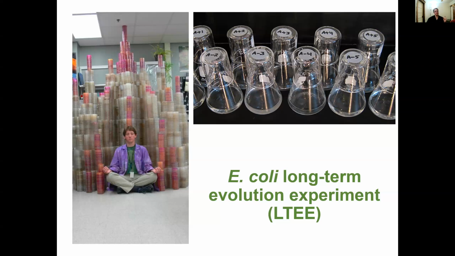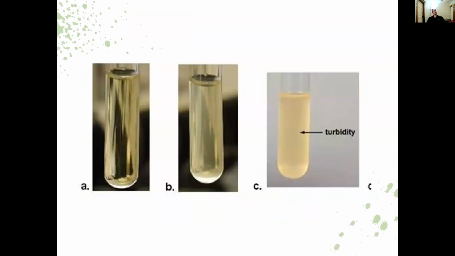So the 12 populations reached 73,500 generations in early 2020 before they were frozen and stored because of the COVID-19 pandemic. So there's been almost 74,000 generations of this bacteria grown since February 1988. That's pretty insane. So then the next question becomes, what are some of the ways that we can monitor microbial